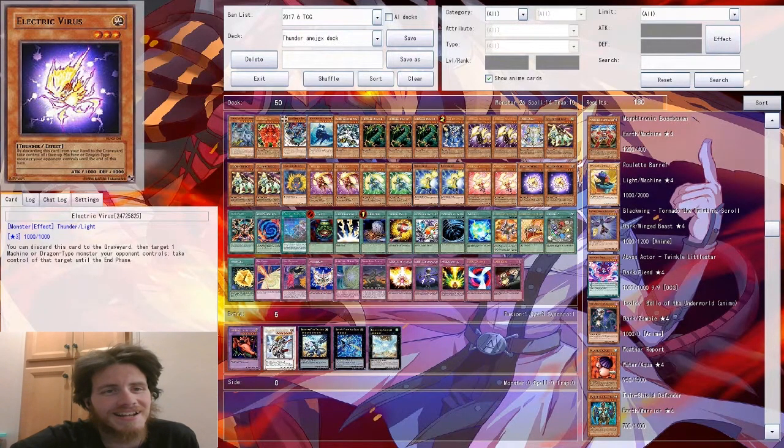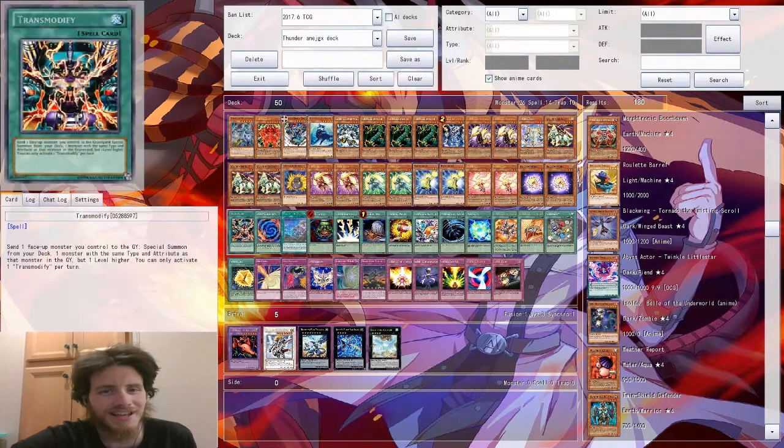For those who use Dragon and Machine decks, this is your death. Next one is Transmodify, a pain in the butt. As it says in the ability, it's usually used on one of my weaker monsters, basically like Bro Hunter or Sis Hunter, after I summon them,